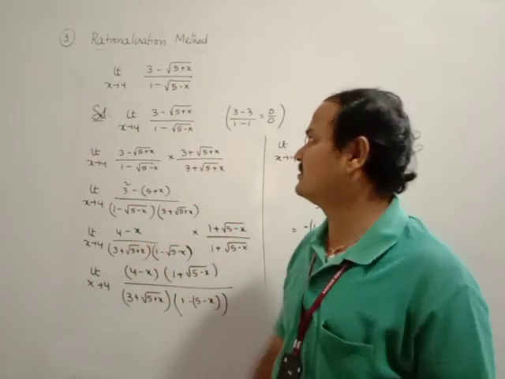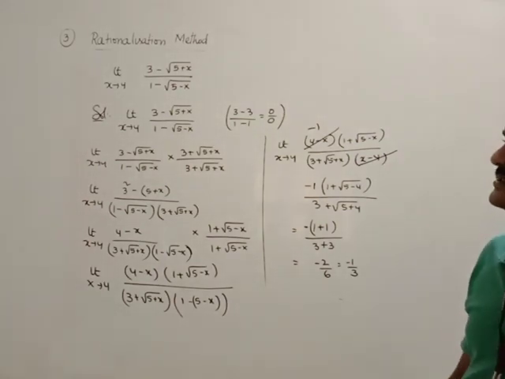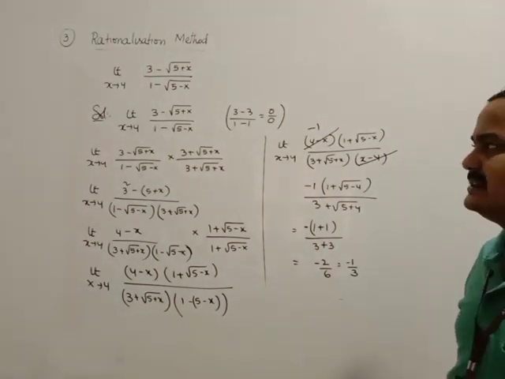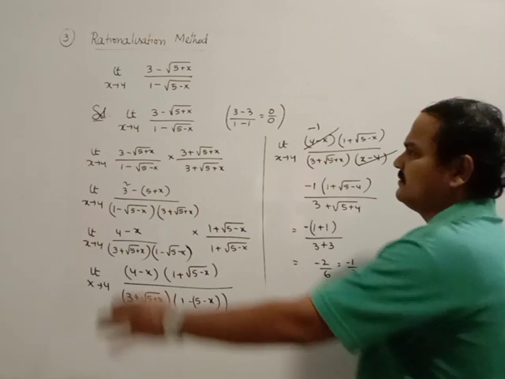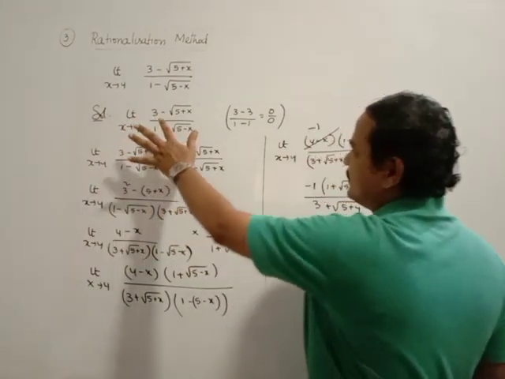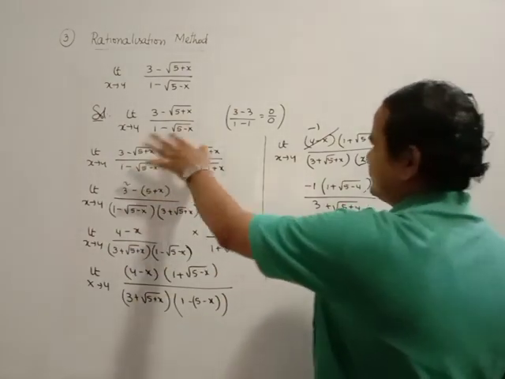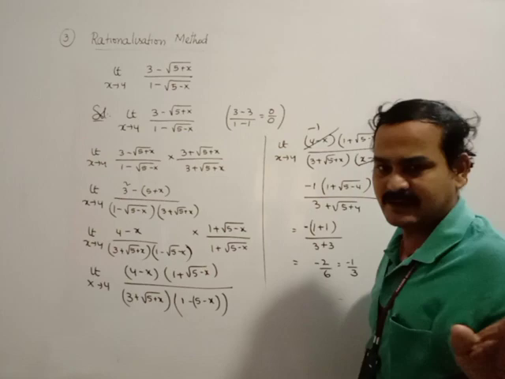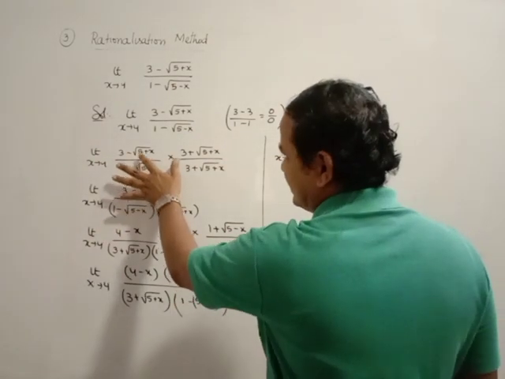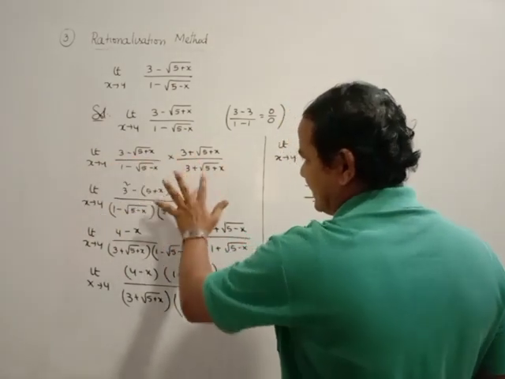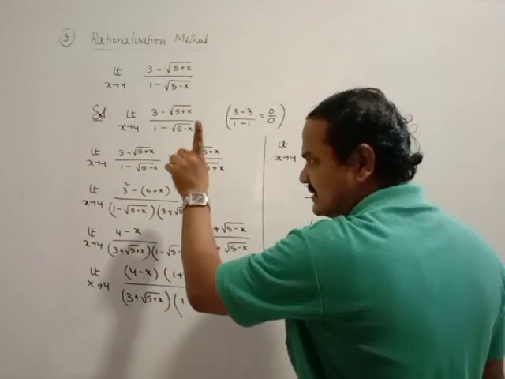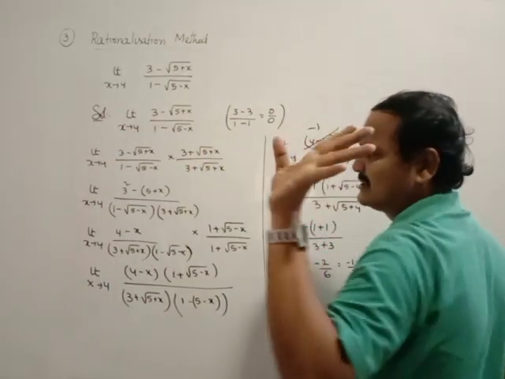This is the next question. See, just go to the question again carefully. What you did, you just observe. First of all, limit x tends to 4, (3 minus root over 5 plus x) by (1 minus root over 5 minus x). Directly substitution means it is 0 by 0 in determinant form. Now I rationalize the numerator. Here minus is there, so multiply with plus. Because both are cancelled, 1 into multiplying anything is nothing to change.